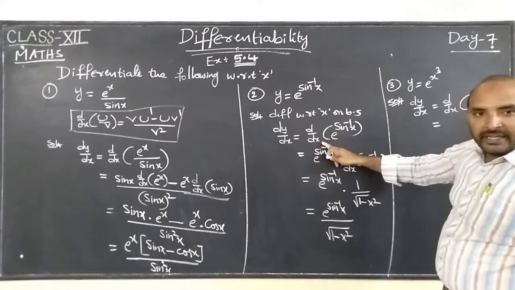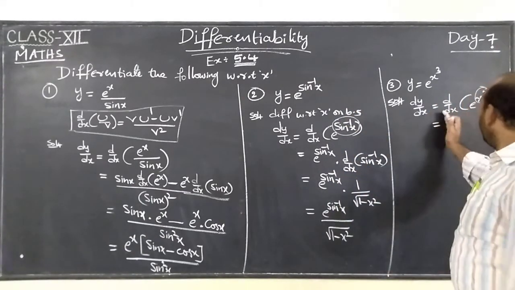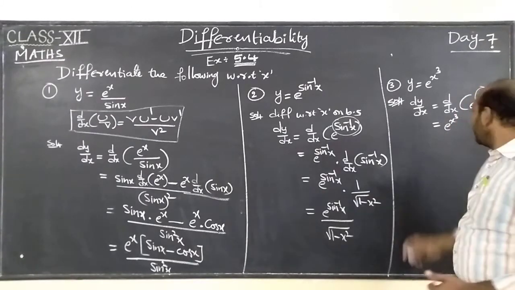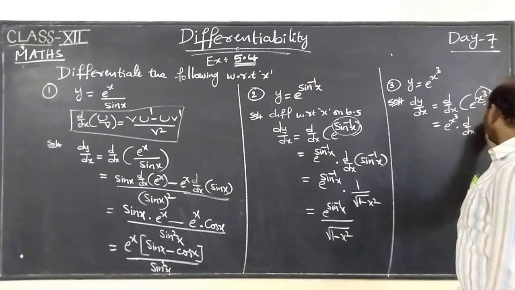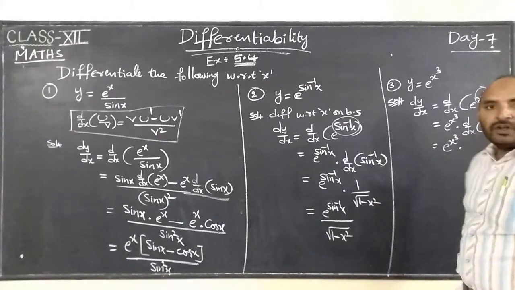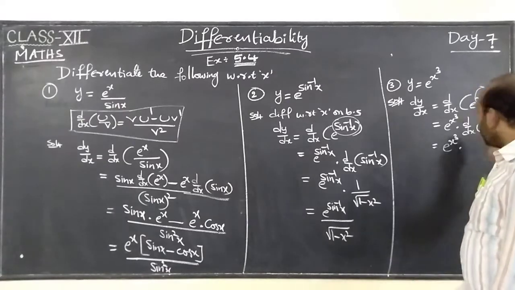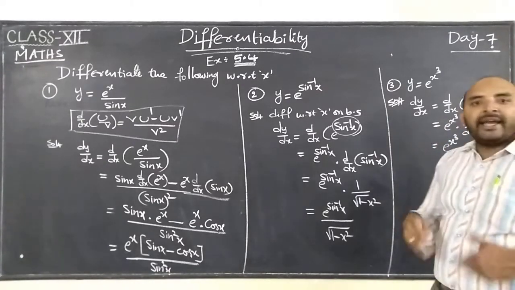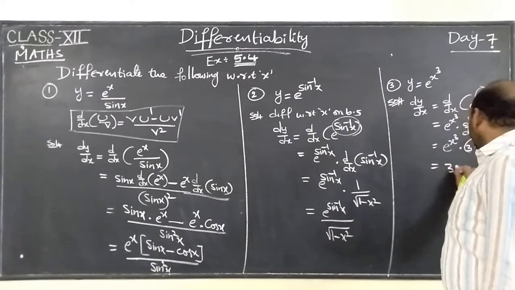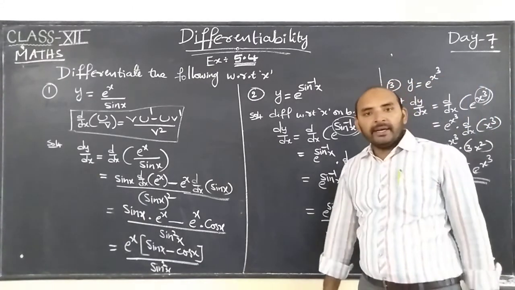According to the same procedure you have observed, you have to apply it here. The derivative of e power x form is e power x into the inner function, d by dx of x cube. So which is equal to e power x cube into the derivative of x power n, which is n x power n minus 1. The derivative of x cube is 3x square. So you can write 3x square into e power x cube. This is the solution of problem number 3.